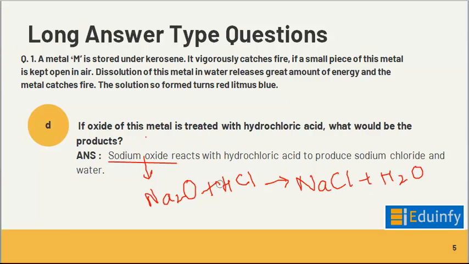So on balancing, 2 on this side and then 2 on the right side. So sodium is balanced on both sides, then oxygen is also balanced on both sides, hydrogen is also balanced on both sides, and chlorine is also balanced. So this is the reaction, and sodium oxide reacts with hydrochloric acid to produce sodium chloride and water. Now next question,